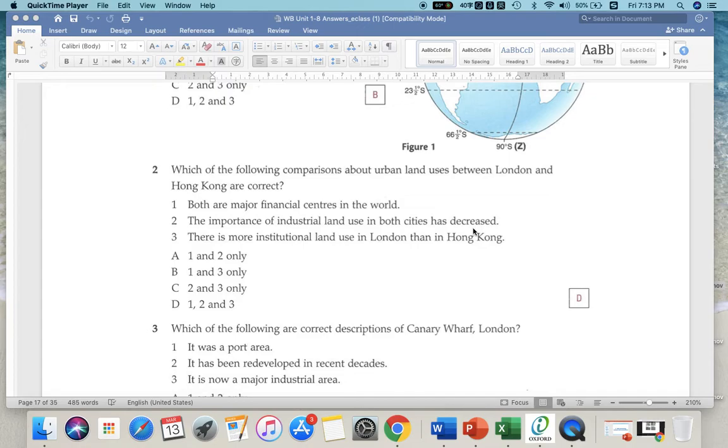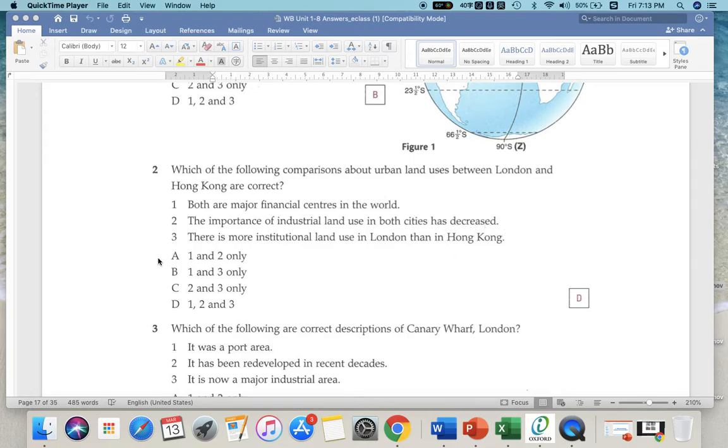It's one of the earliest industrial areas in the world, while Hong Kong, in the 80s, had a very rapid development of the industrial land. But now you can see in London and Hong Kong, we don't have that much industrial land use,